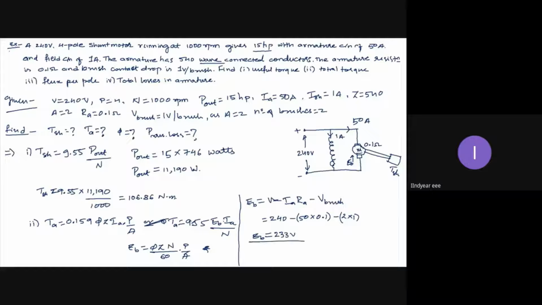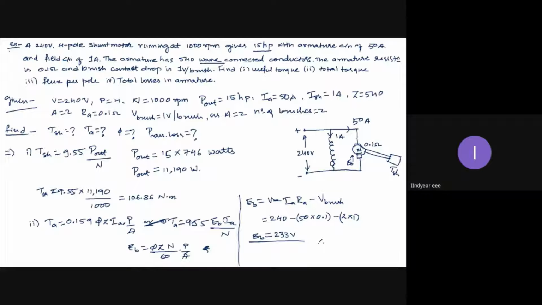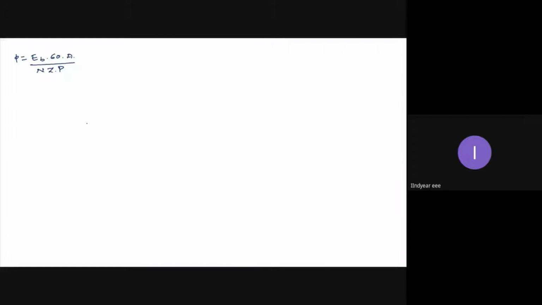Okay, it is 233 volts. Now from this I can get flux phi. Therefore, I can write here, next page, flux phi is equal to EB into 60A divided by NZP. EB into 60 divided by NZP equals to,